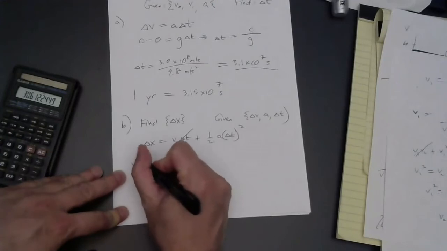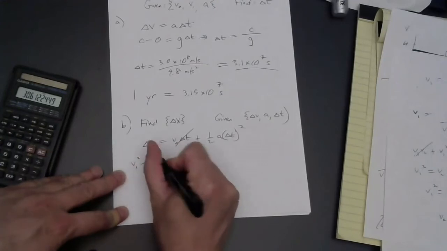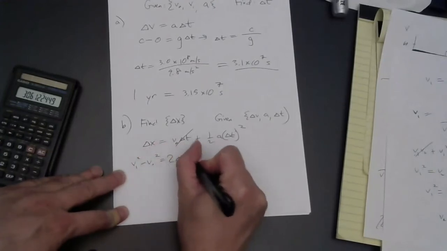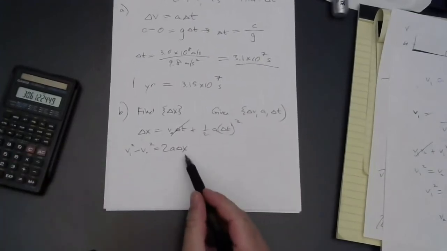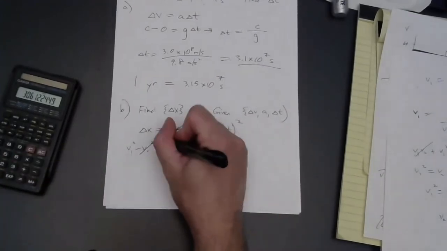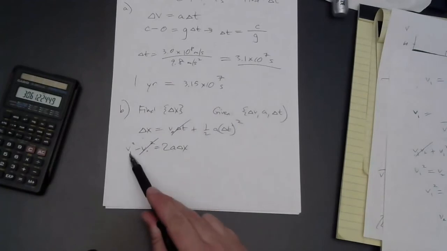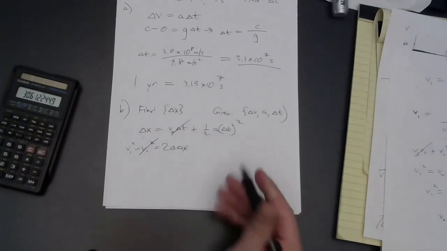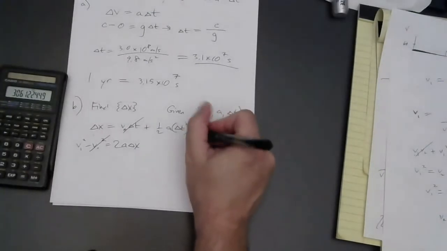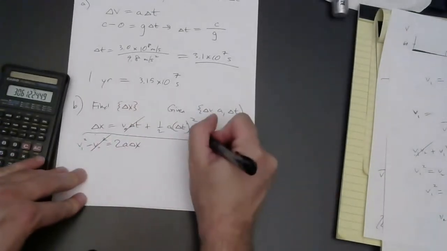How about this one? V squared final minus V squared initial equals 2a delta x. Aha, we could also do it that way because we know the initial velocity is 0, we know the acceleration, and we know that the final speed is c. How about we just do this both ways as a check? So first method,